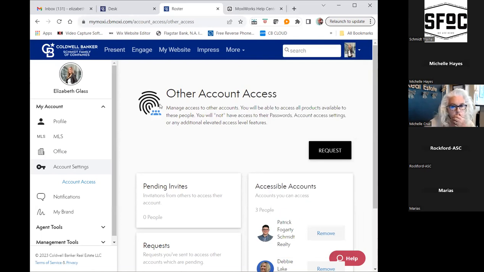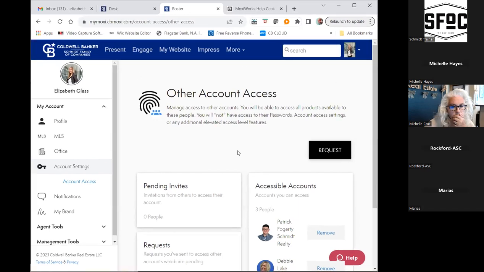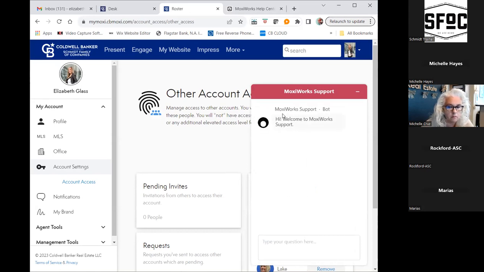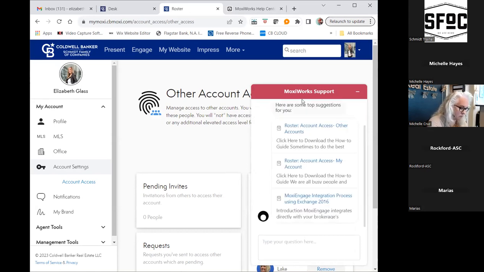The other thing that we have, we can actually jump into Moxi itself and have a couple different support avenues there. So one thing that's good to mention, if you're looking at my screen here, at the very bottom within Moxi, when I'm already in it, there is a pink Help button at the bottom on the right-hand side. Regardless of what page you are on, you could be in Present or Engage website, it doesn't matter, this will always be down here on the right. So this is a next option for you. If you click on this, it lets you ask a question, but a lot of people, if you're like me, like to bypass stuff. So right down here, you can actually type your question.